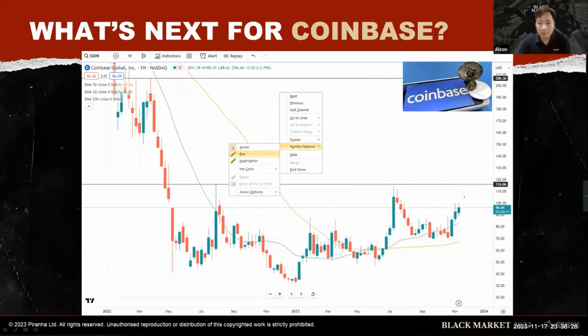Currently right now, it's a bit too late to buy in, guys, unless there's a retracement somewhere here. I know some of you will ask me whether you can still buy. If you buy now, the risk reward may not be as good, because the immediate swing high is somewhere here, and the next immediate swing high is here. I'm going to see what happened here and here to decide how to take profit.